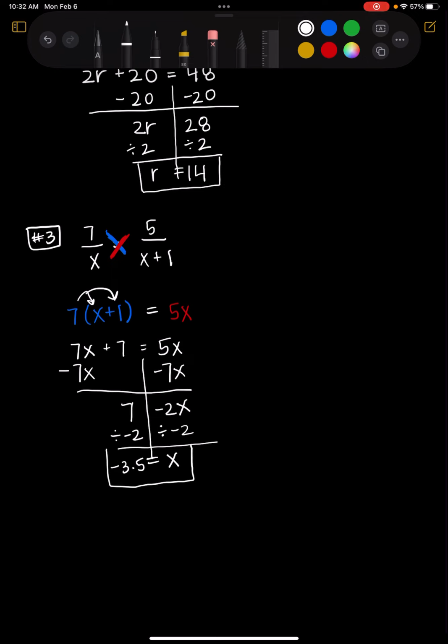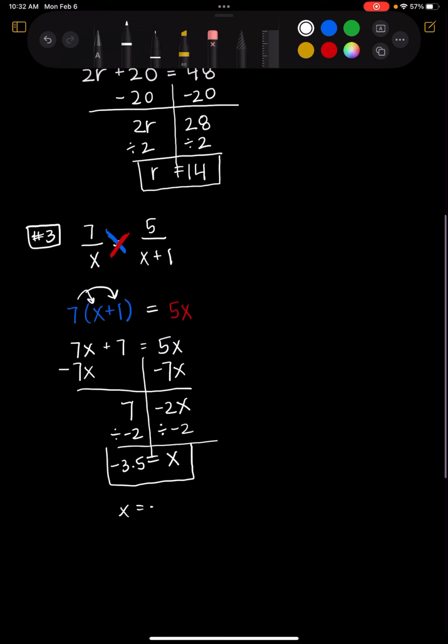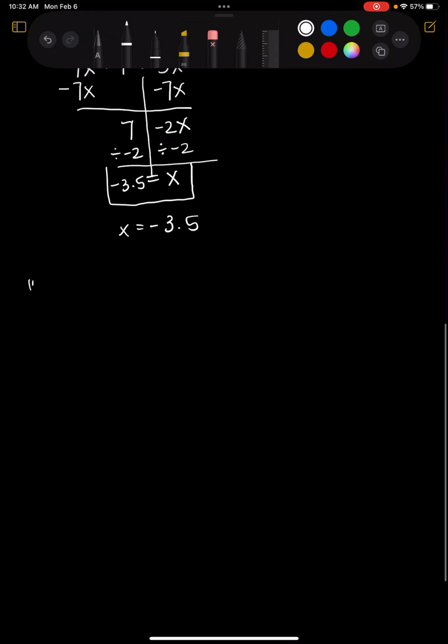This looks a little bit different than what we're used to. We're used to seeing the x on the left side and then the number on the right side, but it says the same thing. I can write x is equal to negative 3.5 and it doesn't change. Those are the same thing. Okay, last example,